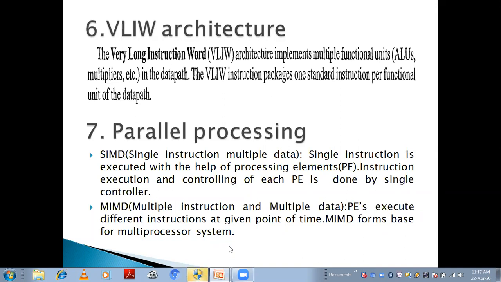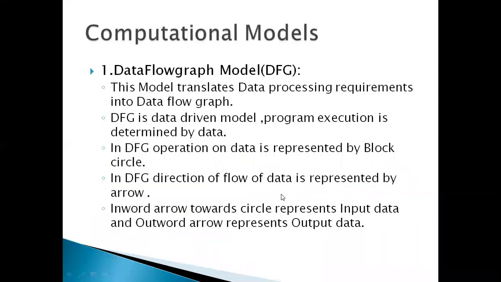For example, if we have y is equal to x into y plus z into c, then if x and y are available, x into y is done by one processor and z into c is done by another processor. Both are added after the computation is done. Like that, the parallel execution is done in case of parallel processing operation. This is another type of architecture.